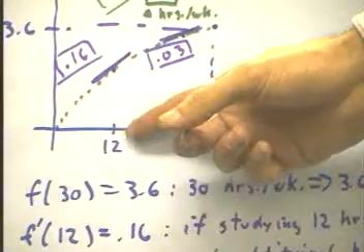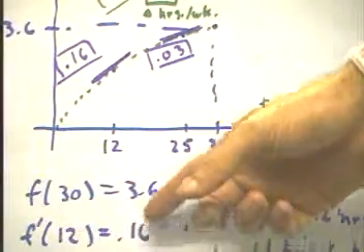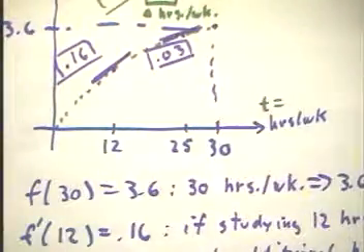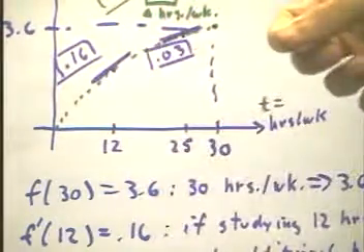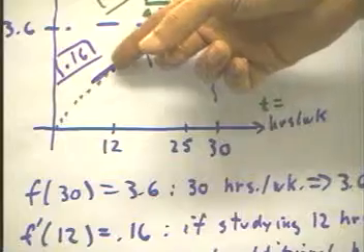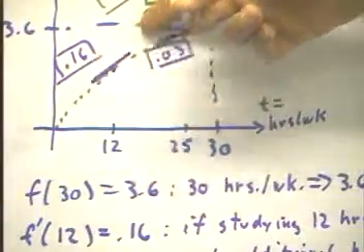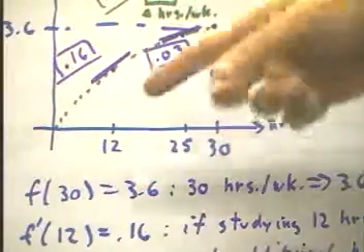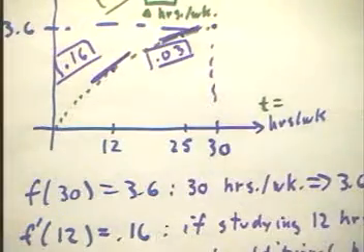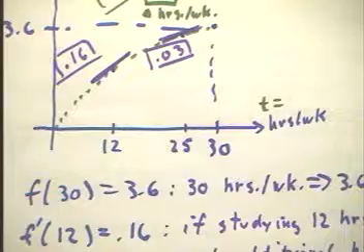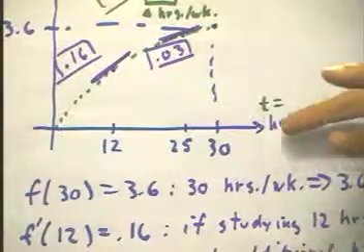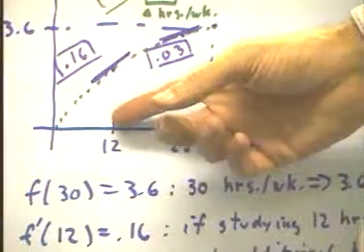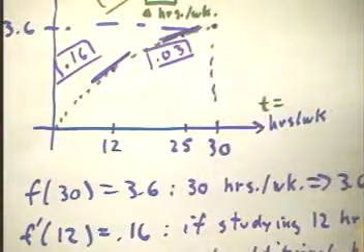t equals 12. We want to say that f prime is 0.16. Now f prime is the slope of the graph. And we indicate the slope of the graph at a point by the slope of the tangent line. So we indicate that the tangent line has a slope of 0.16 at the t equals 12 point. And what does this mean? Well, this means that at t equals 12, at the point where a student is studying 12 hours per week,